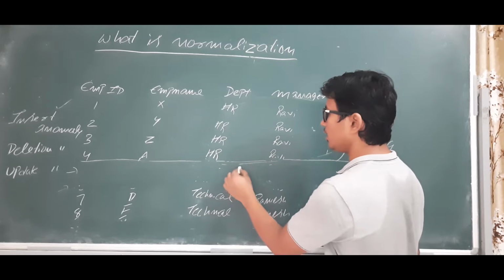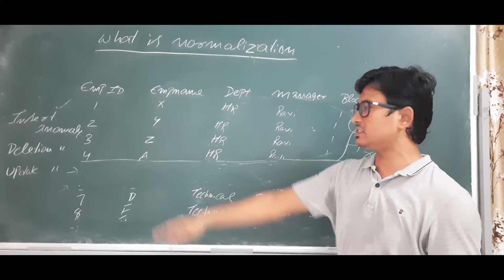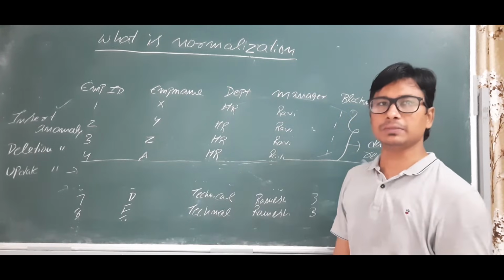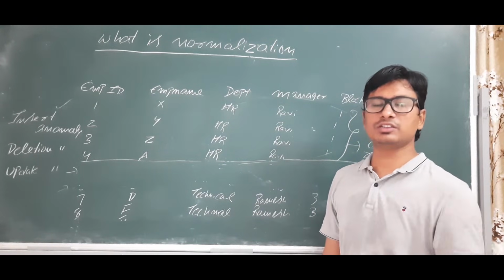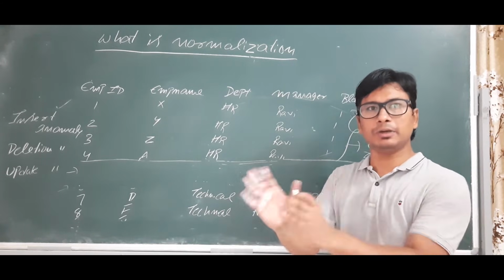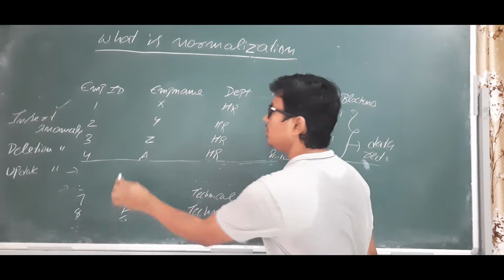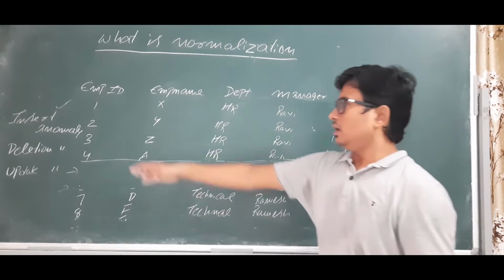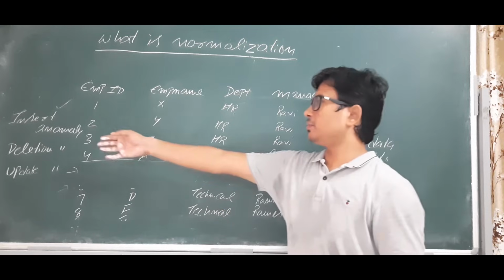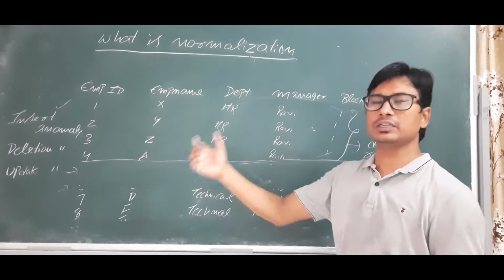But if you see now, after deleting the 2 entries with the employee ID 5 and 6, there is no finance department. If the employees are lost, or if you remove the employees, we will not remove the department. The department will still exist in the organization. So this is the problem with the duplicate entries. That problem we will call a deletion anomaly. I hope you have understood what a deletion anomaly is.